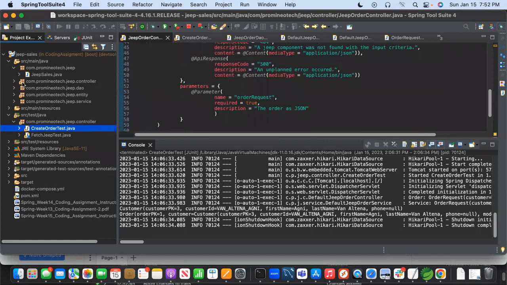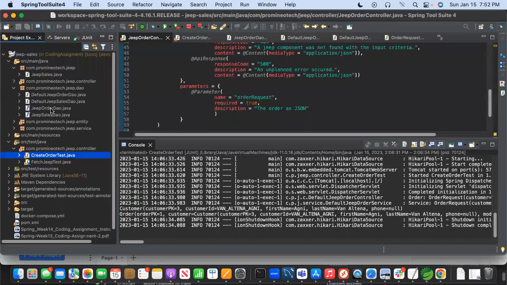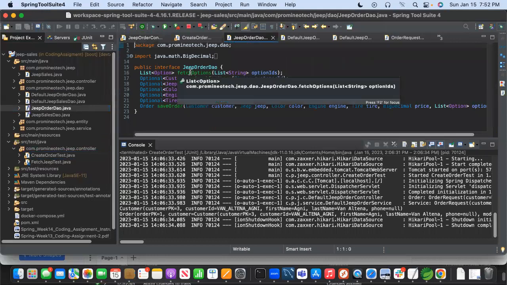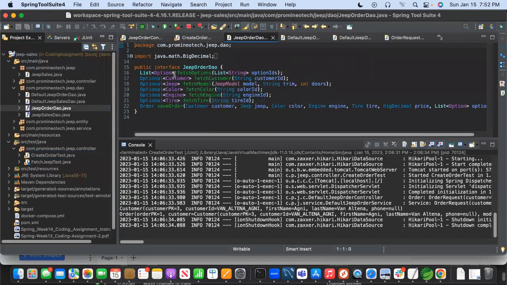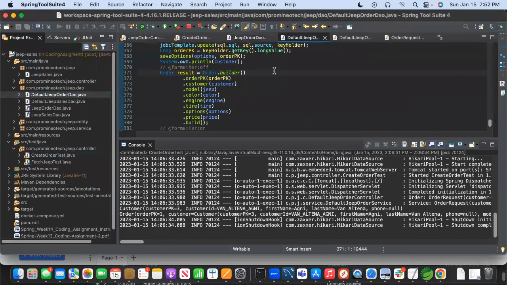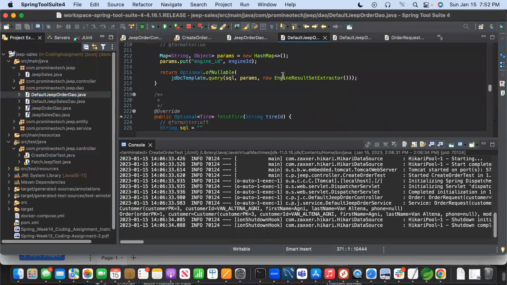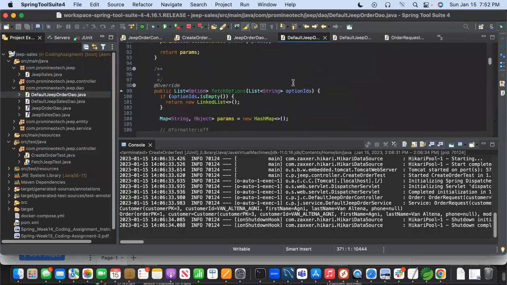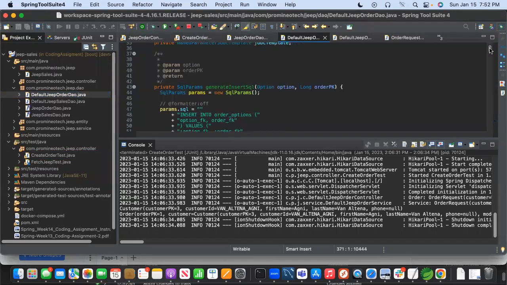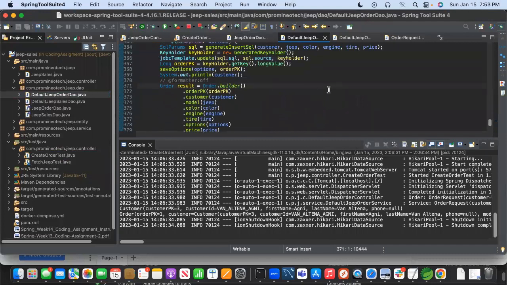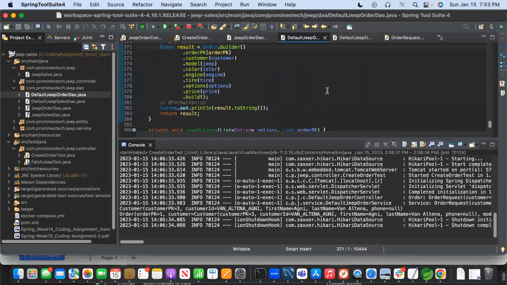we had to do is follow basically the three-part structure where you have data access objects, a service, and a controller. So I'll start at the DAO interface, and what we did was basically lay out what the order object was going to have and what methods it had, and then we implemented them here. And a lot of this code was freebie copy and paste from Promineo. But the last function was definitely our writing, and